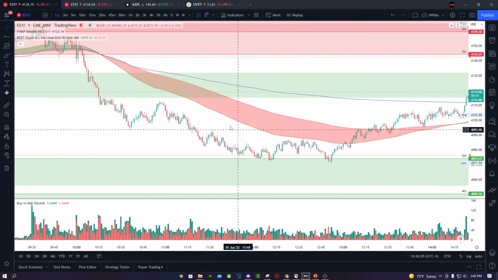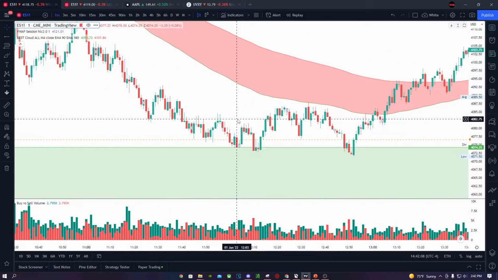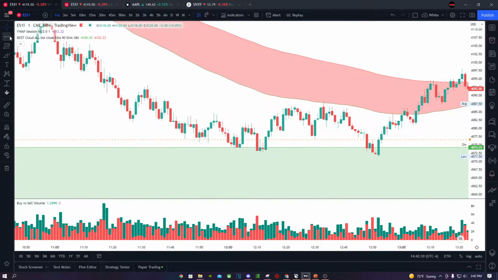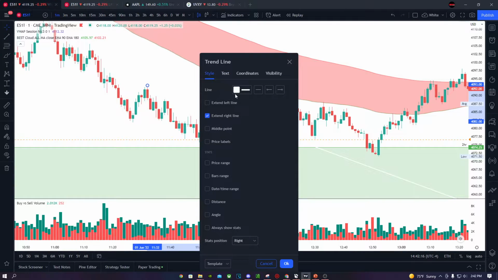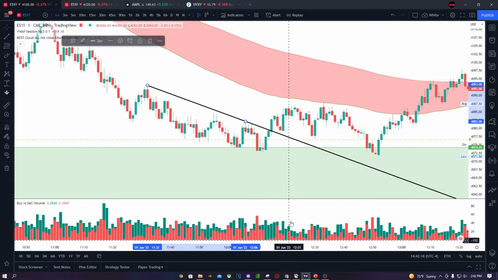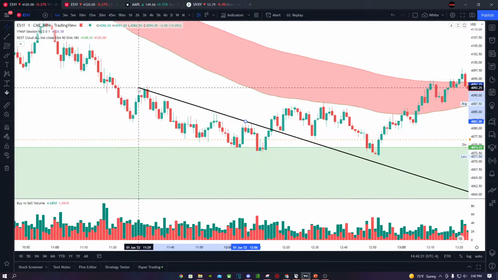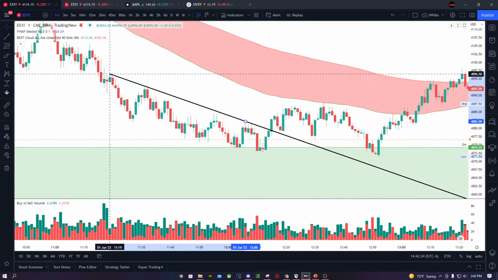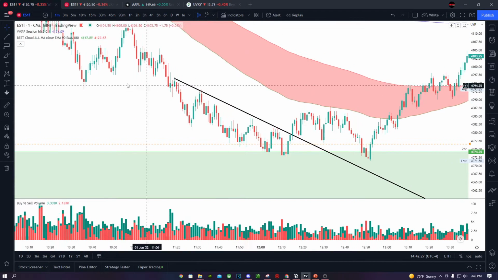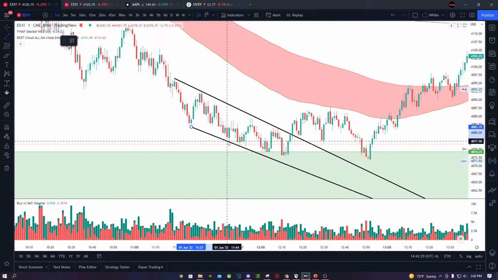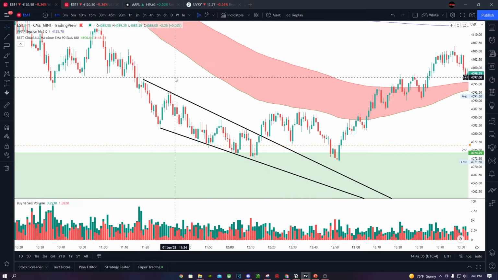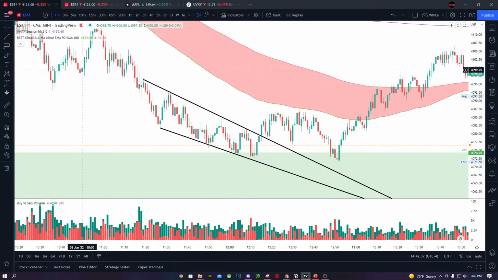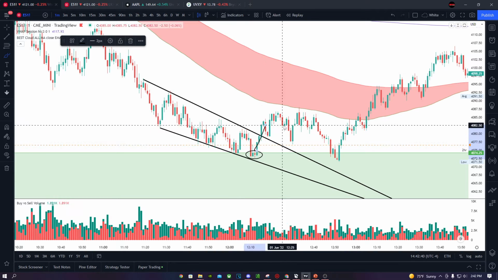Now we keep coming down through the day, right? We touch this 2-hour demand zone. What do we notice? First of all, let me change this color. There's a little bit of a resistance line right here, and if we connect down here, it's kind of a downward wedge, right? Falling wedges are usually a bullish pattern. And the thing I like is we touch this zone and instantly break out after. So you could have gone long